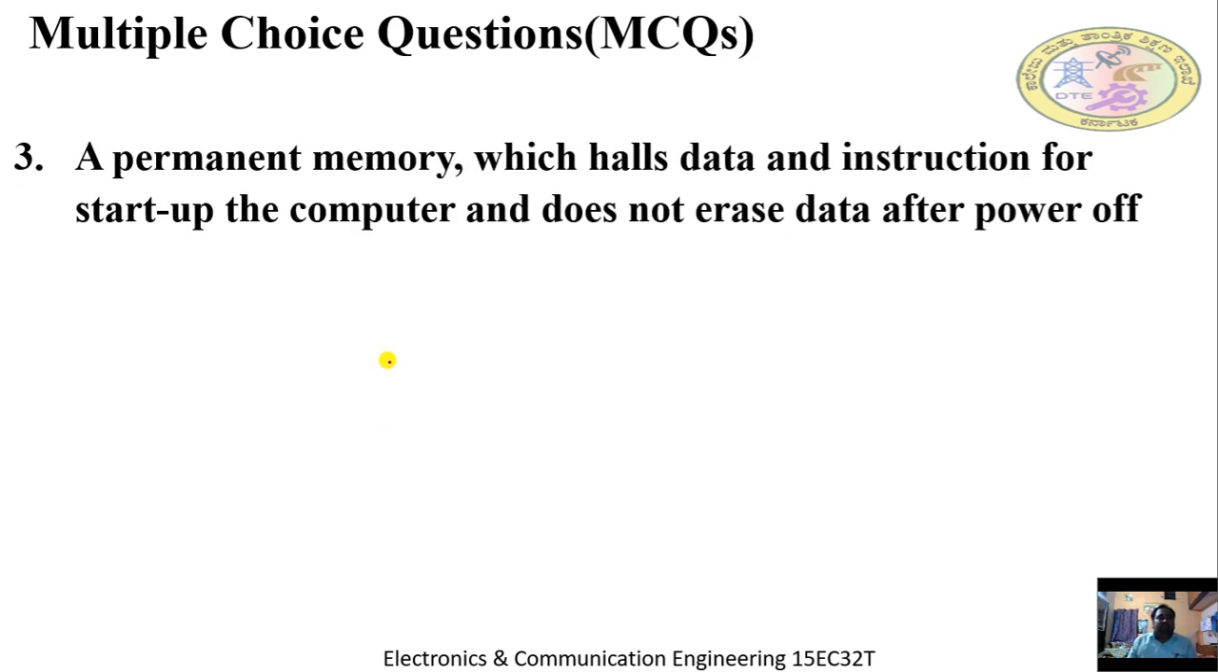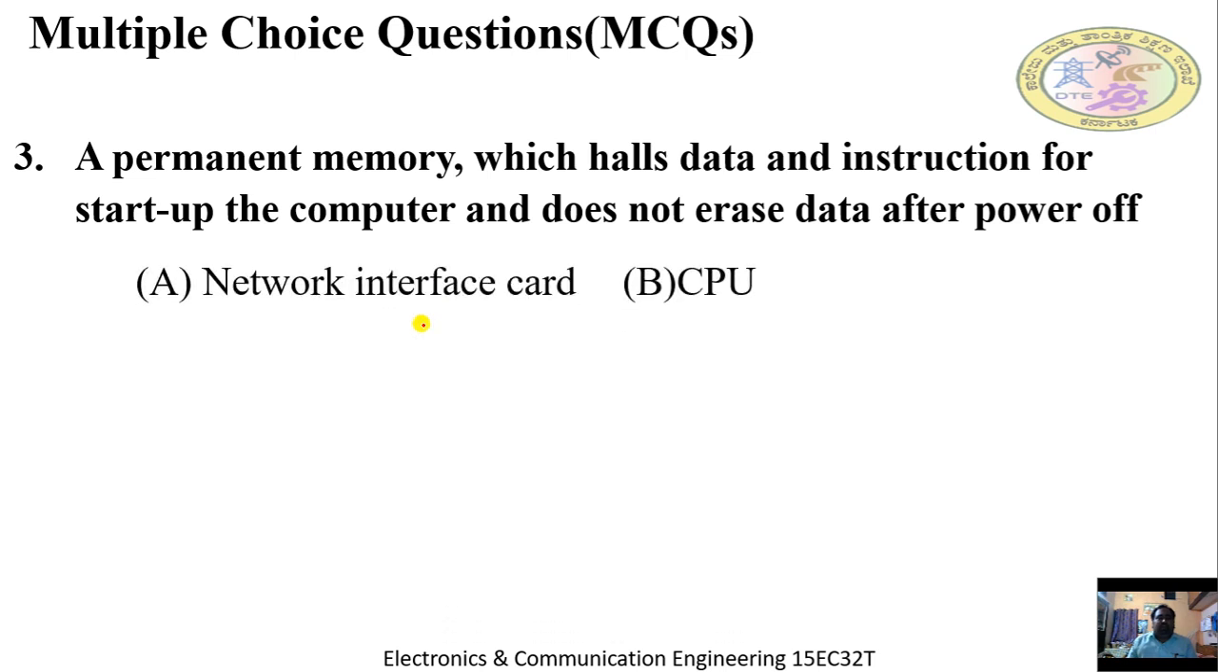The third question: a permanent memory which holds the data and instructions for the startup of the computer and does not erase the data after the power off. The options are A, network interface card, or you can say NIC card, B is CPU, C RAM, and D is ROM. So here,